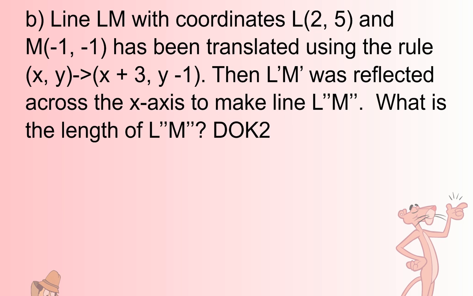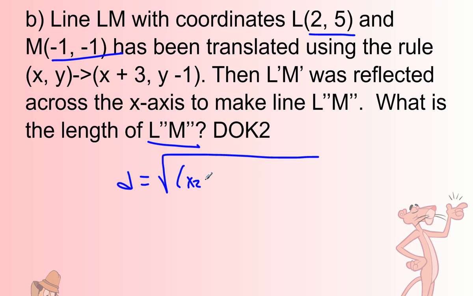We didn't have to go through and do the reflection and the translation. All we have to do is figure out the length of this line, which will be the length of my new line. So the distance formula, again,